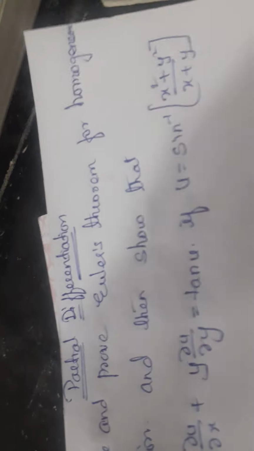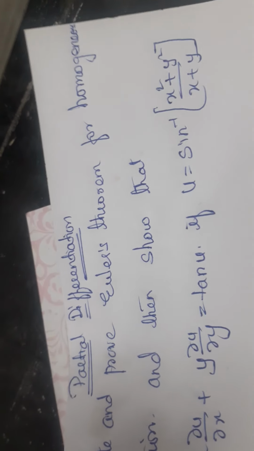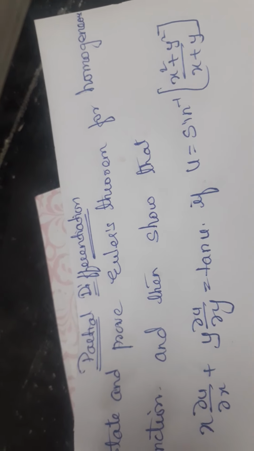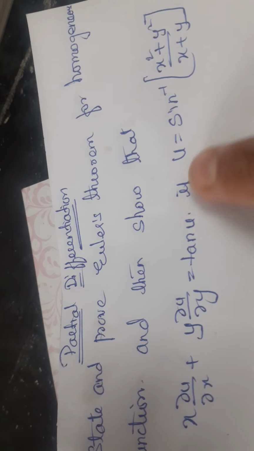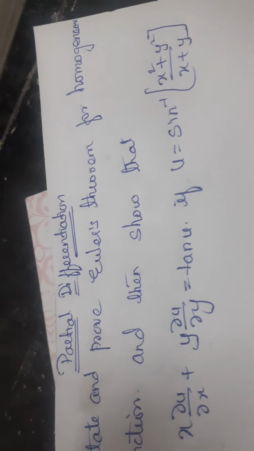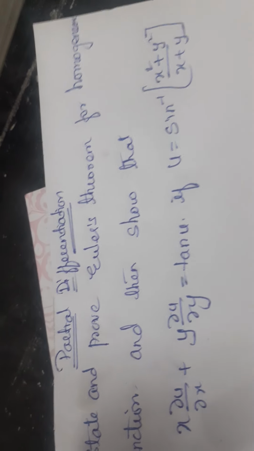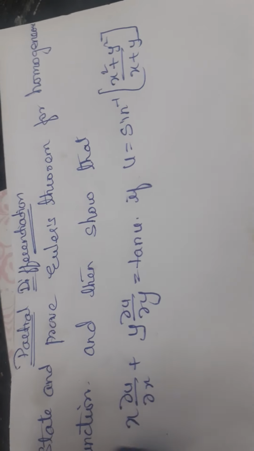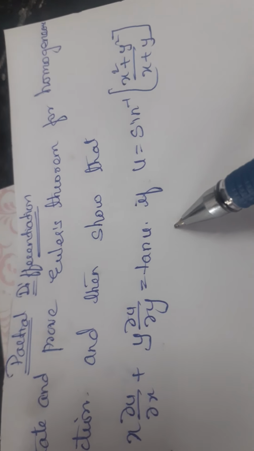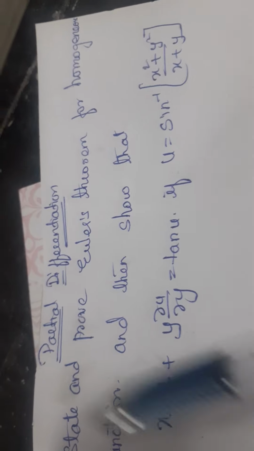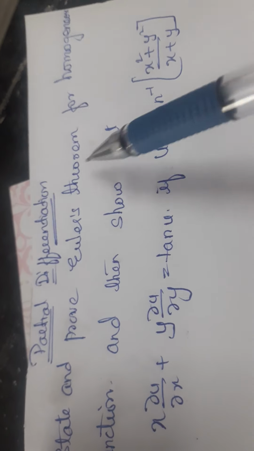Assalamu alaikum students. Today I am going to explain one of the very important questions based on Euler's theorem. That is, u is equal to sin inverse of (x square plus y square) by xy. We have to show that x ∂u/∂x plus y ∂u/∂y is equal to tan u. Okay, so first, students, it is given here,